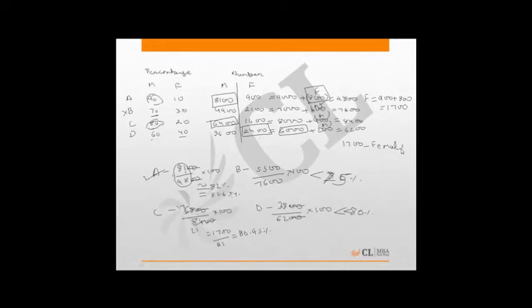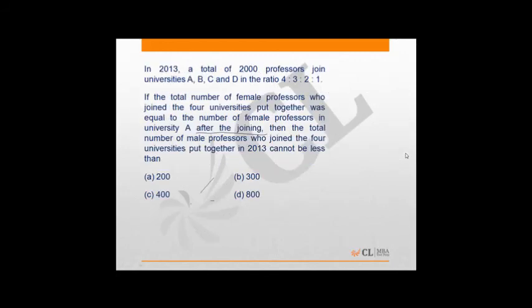So I can say that out of the 2000 professors, 1700 are female professors who have joined, which can be the maximum number, because the maximum number of female professors in University A can be 1700 only. If 1700 is the total number of female professors who have joined the 4 universities, then 300 should be the minimum number of male professors who